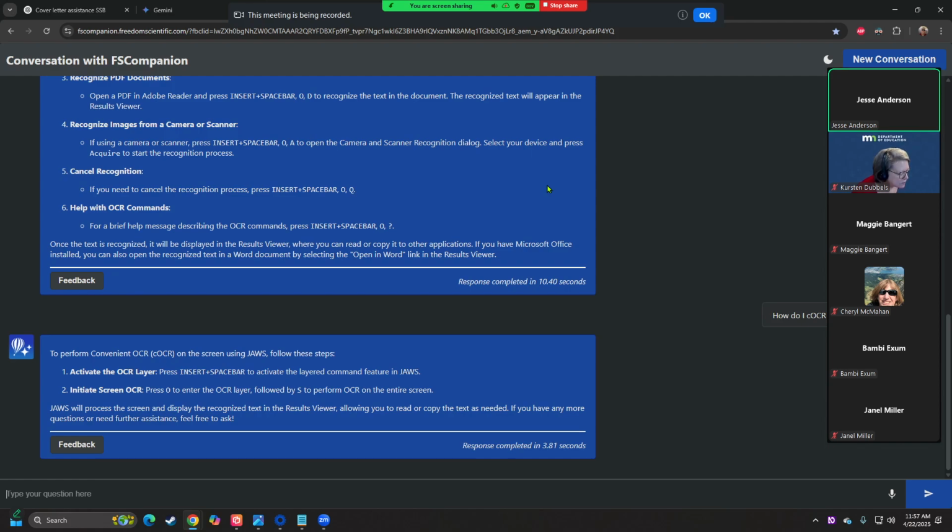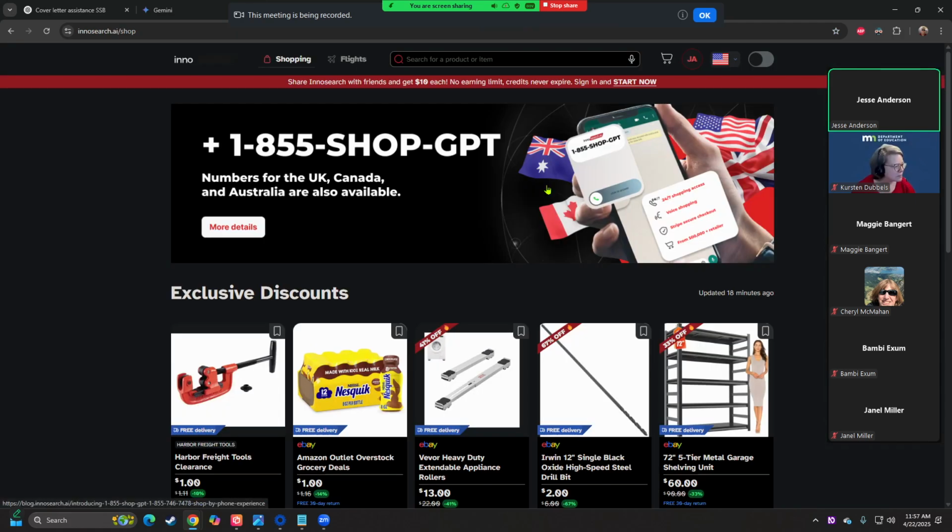So that's FS Companion, super handy. I actually use it myself from time to time. The final PC one I want to just briefly talk about, I'm not really going to do much with this, but this is